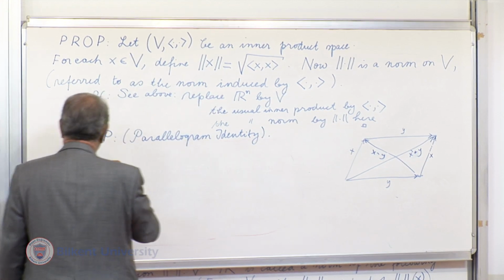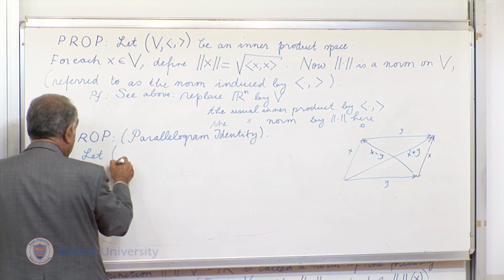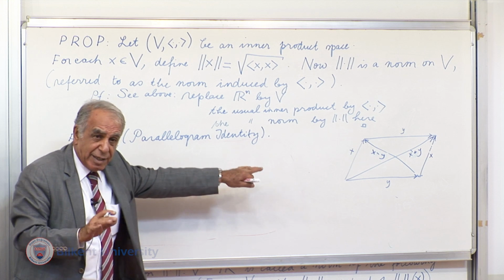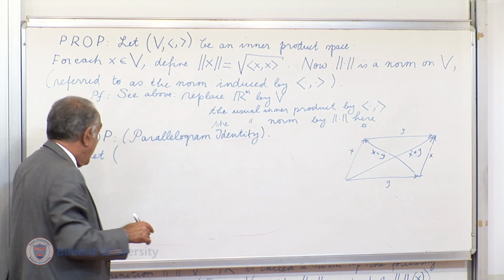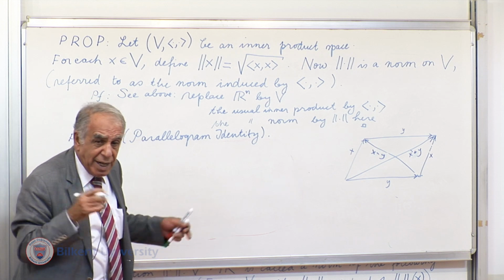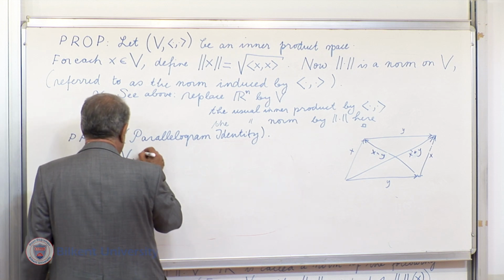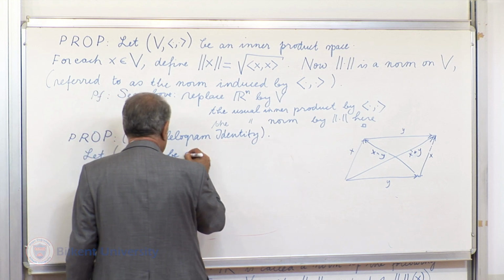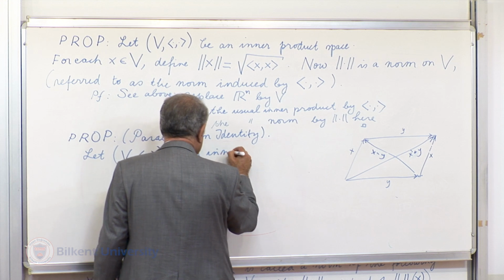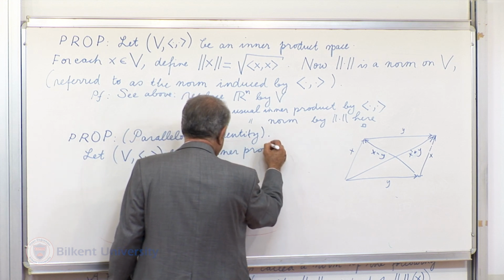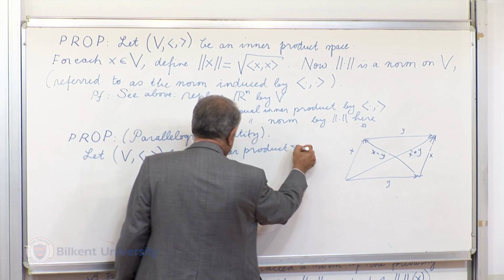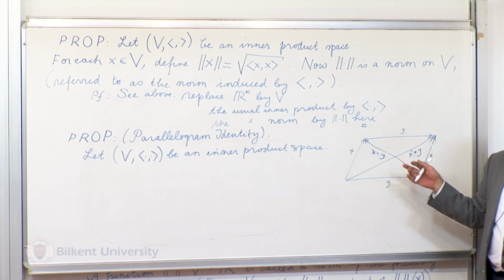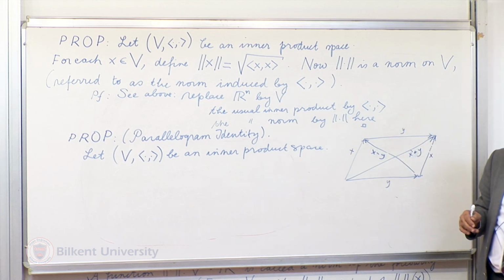let's write this. Now, but this time I will write what we will observe over there. We have not observed yet how these are related to each other for a general inner product space. Let V, together with this inner product, be an inner product space. Here, the rule is from geometry,